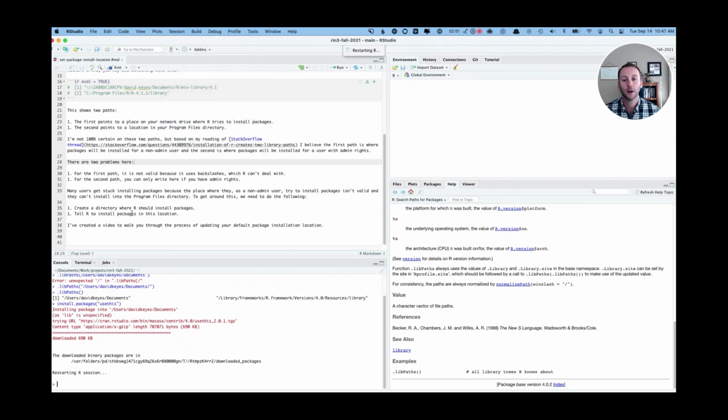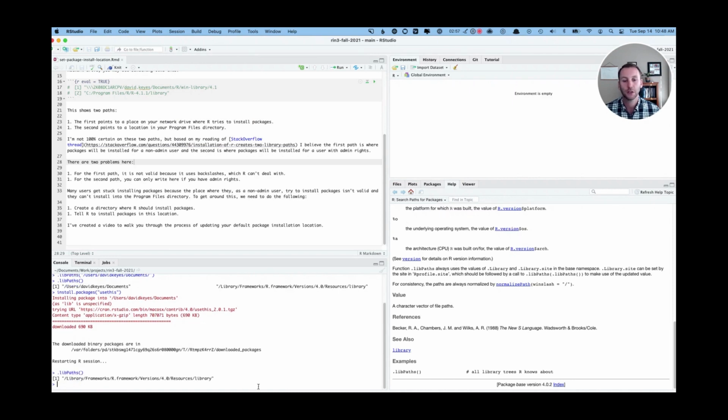So if I restart R and now I type libPaths, you can see it just goes back to that default. So to fix that, we've got to set that default. For now, if you're having trouble with this, we're going to actually need to install the usethis package. Now, if you can't install packages,